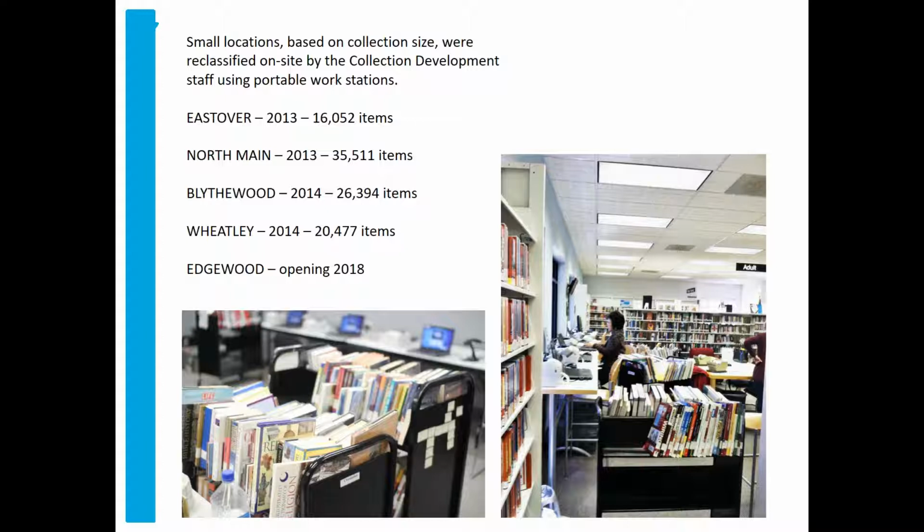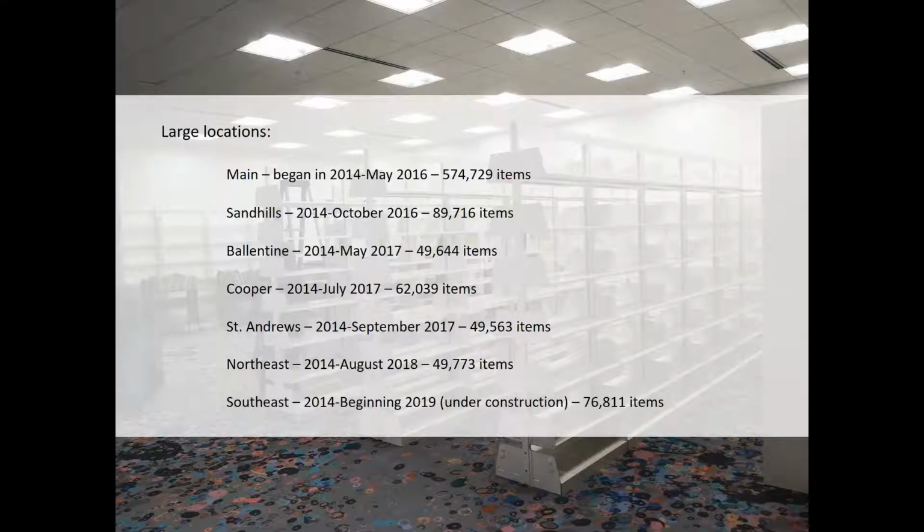And when we did that, we did both the children's and the adult collections in one sweep, and that was completed in the spring of 2015, which was a good thing, because that is just about the time that we really started, very early in 2015, on our main library collection. So these are our large locations, and our large locations are considerably larger than our small, and also they float material among only these locations. The classification scheme is considerably more detailed because the collections are both larger and deeper.